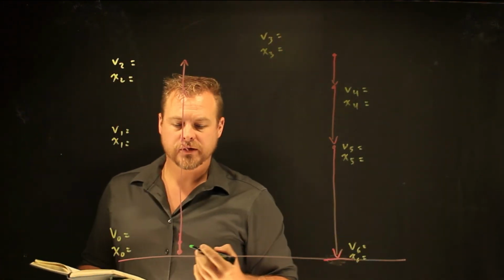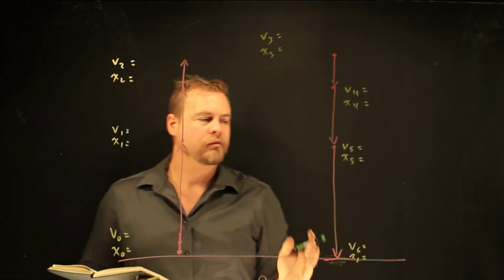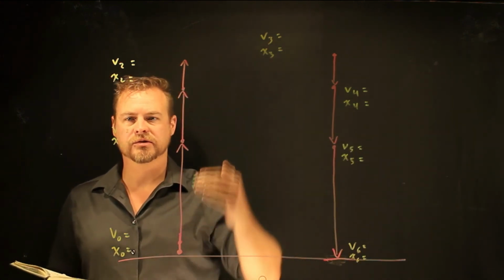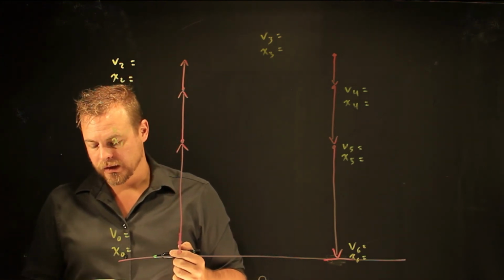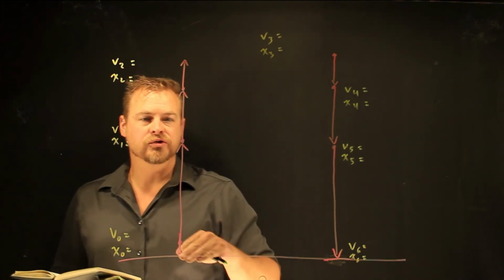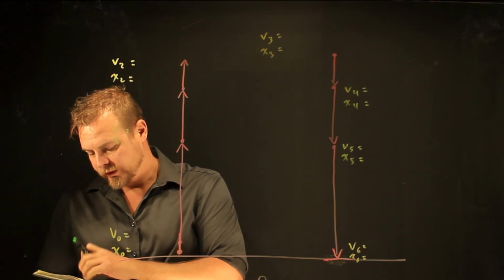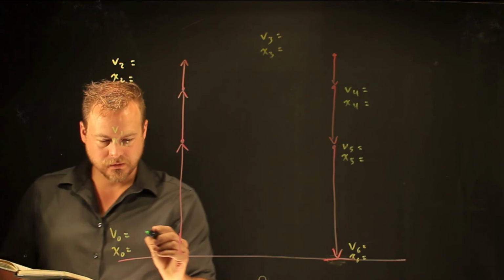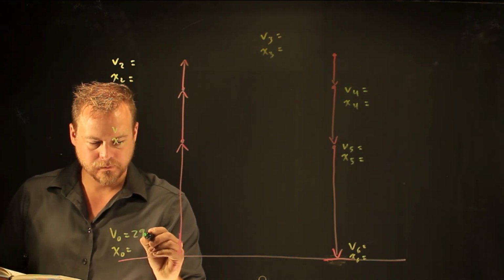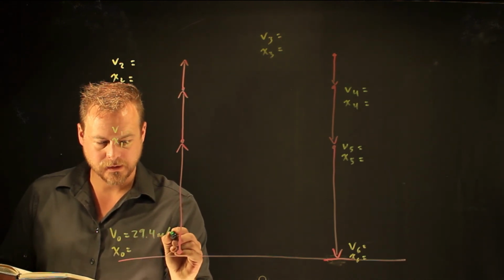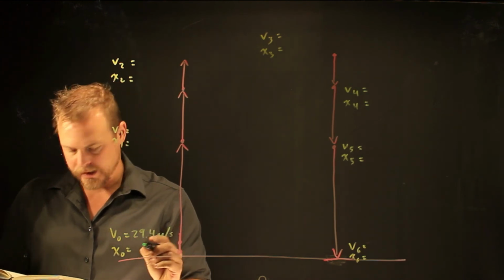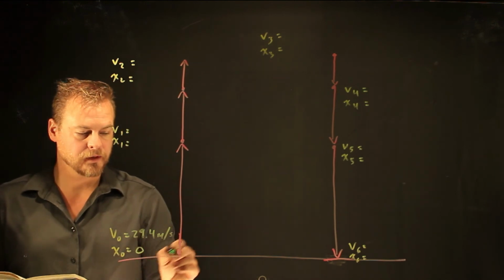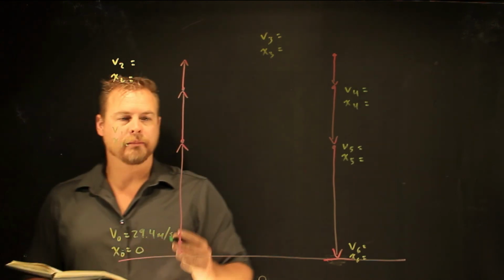Okay, so what I've done is I've taken out the shape of the projectile motion, and we're going to look at this strictly in a vertical sense. So we're only looking at the y dimension here. Straight up, straight down. So a 90-degree launch. If I start with an initial velocity of 29.4 meters per second and an initial position of 0 when I'm on the ground,